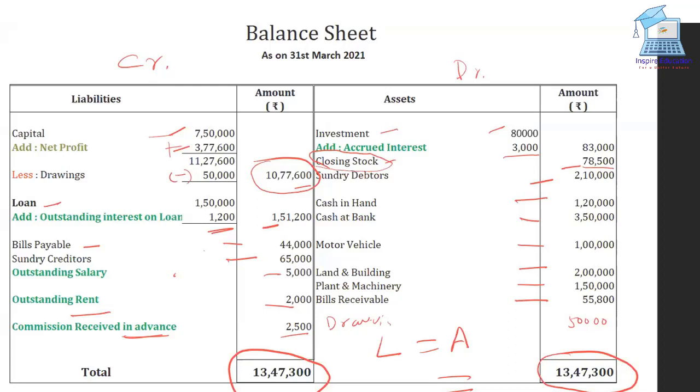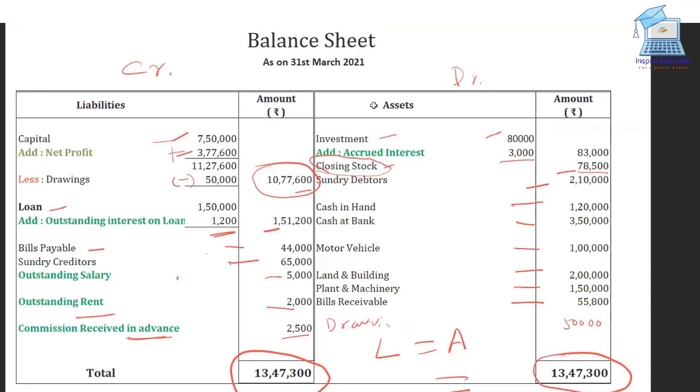Then I will be giving one or two examples to prepare at home, and you can prepare from your own books also. If there is any question, you can ask. One more session will be there. I will be showing you trading account. At the time of preparation of profit and loss account, you might be required to prepare trading account. So in the next session, we will show the entire profit and loss account and balance sheet with trading account. If there is any question, you can ask.